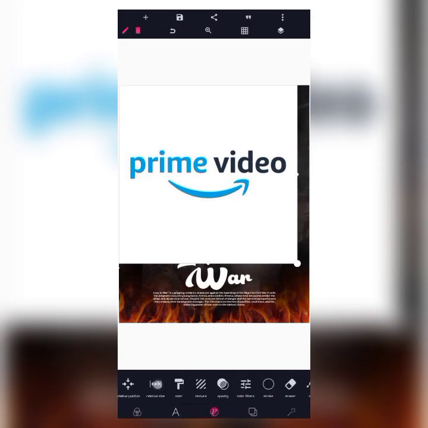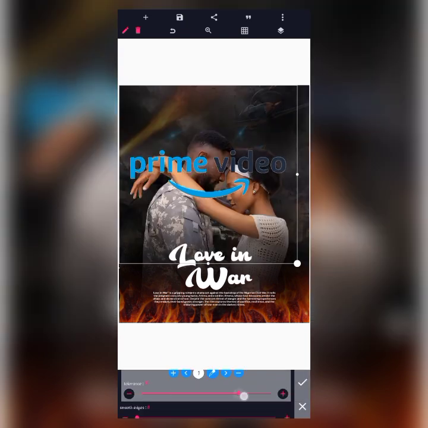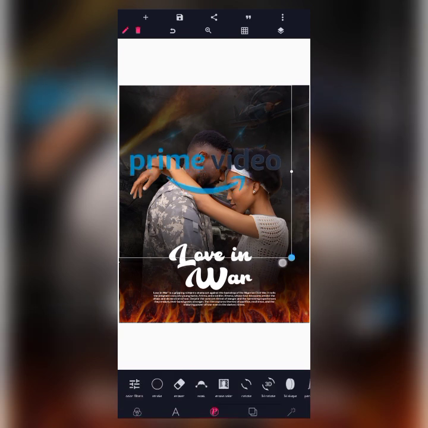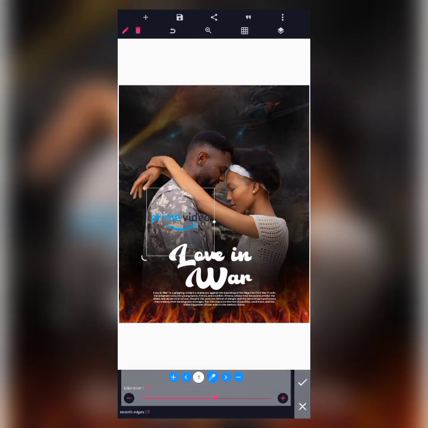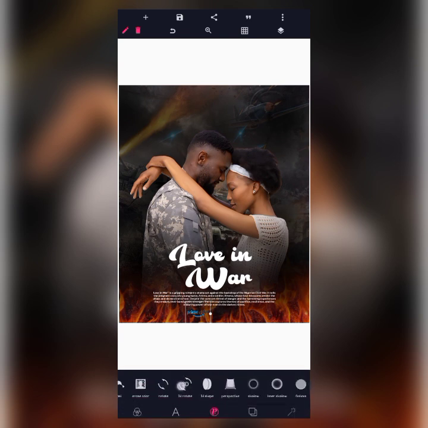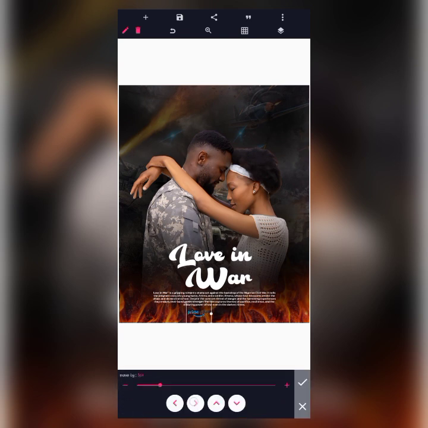Then I will move on to erase color because this is having a white background. I will move on to erase color. I enable this, then the white background will be erased off. So just like this, reduce the size for this. I will reduce the size for this, then place it here. Then this will be placed here